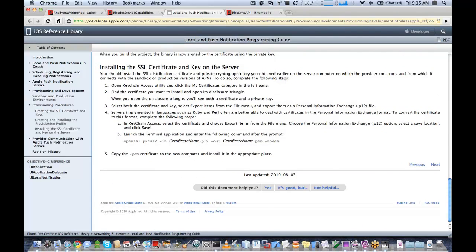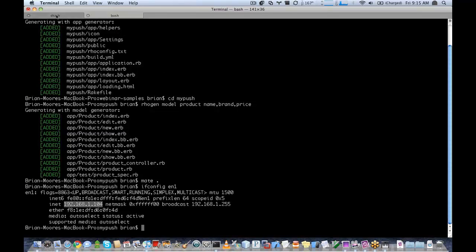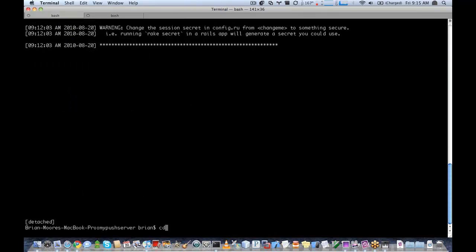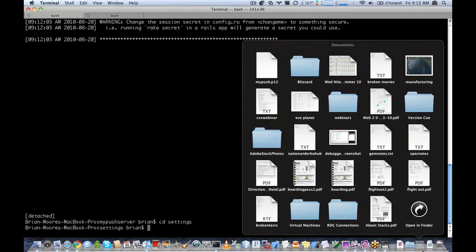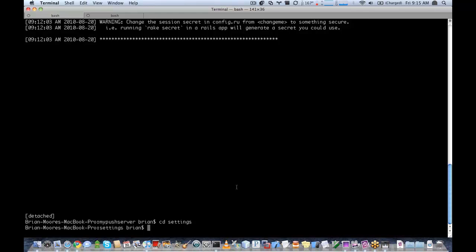So we'll just go to this last step here because I've done all this already for our server. So we have this certificate name.p12. So we'll go ahead and execute this command now to generate our certificate. We'll go back to our RhoSync application here. We'll go to settings, and I put this in my documents folder here somewhere. Yep. So we'll say openssl,